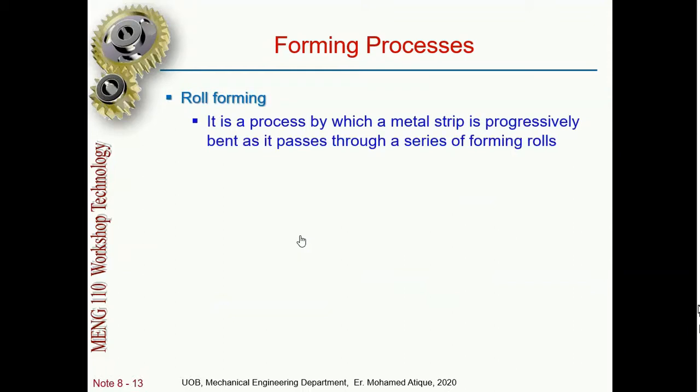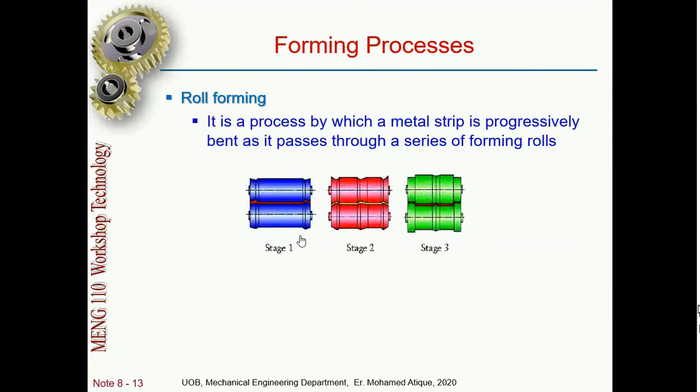Now there's one forming process. Forming means to get the required shape by passing the metal into a different form. Whatever shape we want, the form will be made of that shape. See here, between this slot, the metal will be passed. Whatever shape is required, the forming wheels will be made of that shape, and the metal will be passed between those forming wheels. While passing through the forming wheels, it will acquire the required shape.